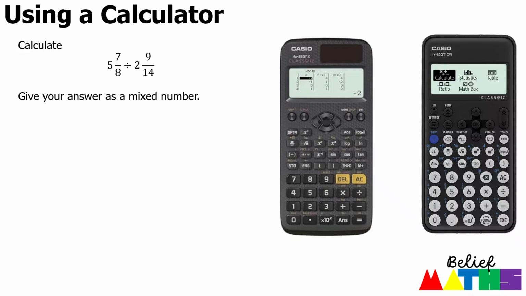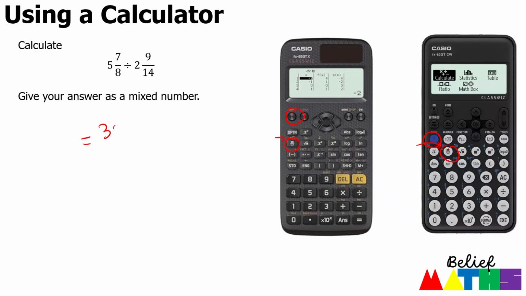The next question seems relatively straightforward. However, this is where a lot of students will make a mistake in terms of putting mixed numbers into their calculator. Often we'll use our fraction buttons, but that's not completely correct. What we want to do is press the mixed number button, which is actually above the fraction button on each calculator. You can see it here, and you can see it here. To access that feature, you'll press Shift and then fraction, and that will give you your answer. So have a go, and if you put that into your calculator, it should give you an answer